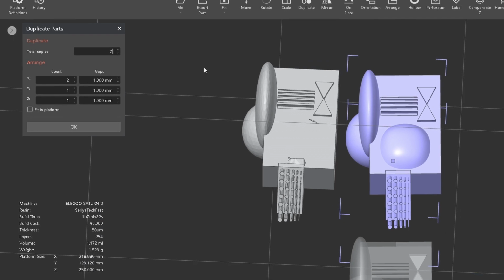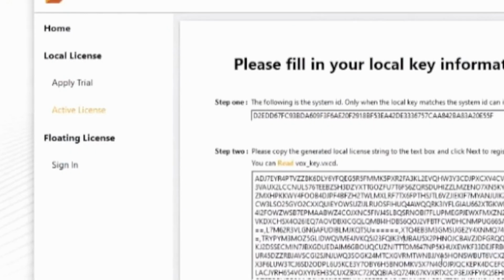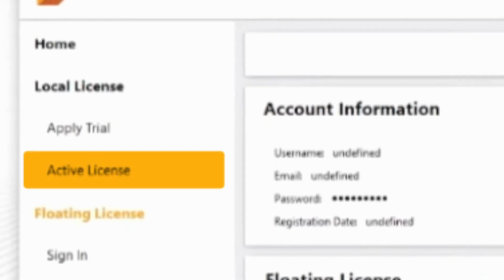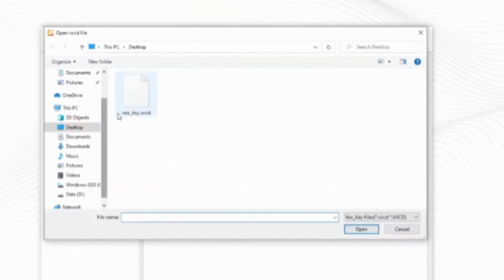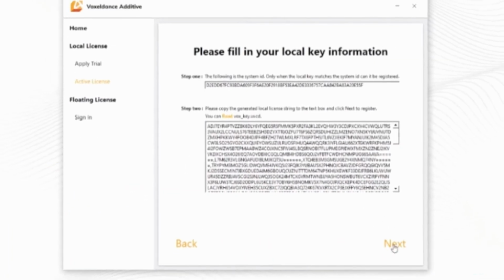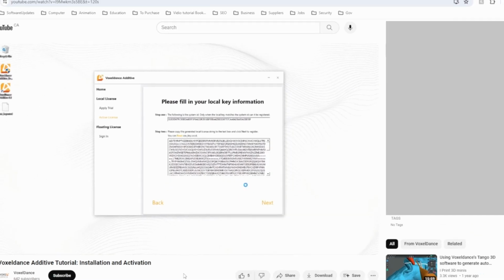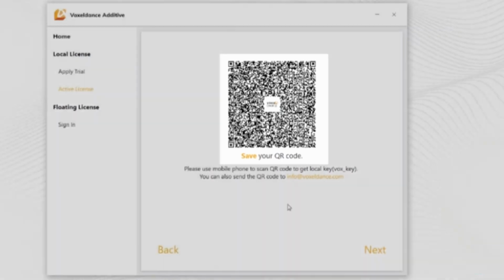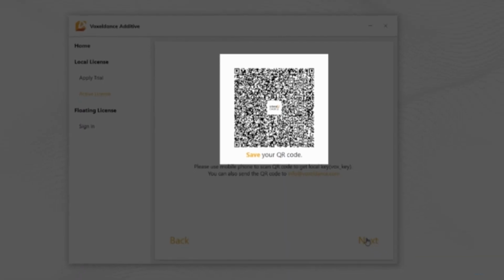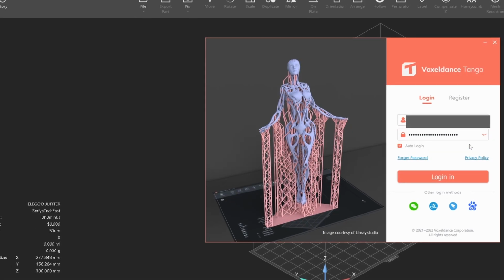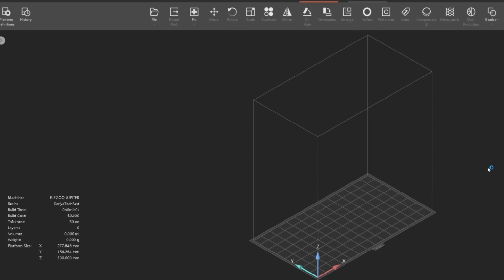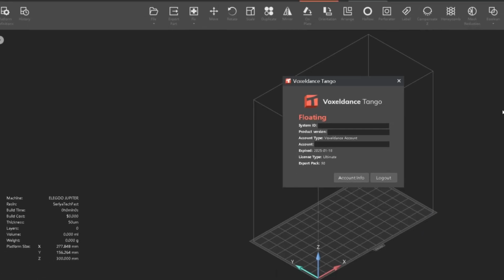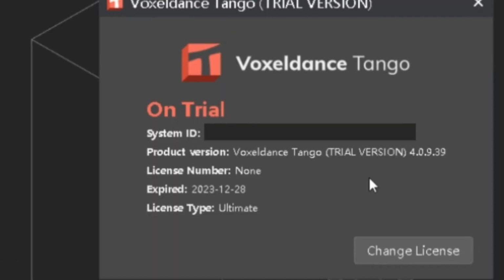I personally consider an offline activation to be a requirement for a good user experience as well as added security. While looking at instructional videos by Voxeldance, it does seem to show an offline activation option, but they since changed to a subscription model where this appears to have been removed. From the instructional videos I saw, they do seem to be reliant on a cell phone to complete the offline activation process, which could be a problem for companies focused on security. So even if you pay for a yearly license, you still have to reconnect to the internet at least once every 15 days to be able to use their software.